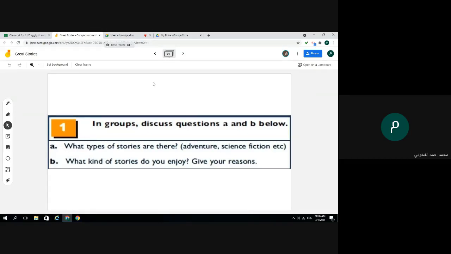What other types of stories? Romantic. Romance stories, yes, excellent. And what else? Mystery, yes, we covered this. Crime, stories about crime.